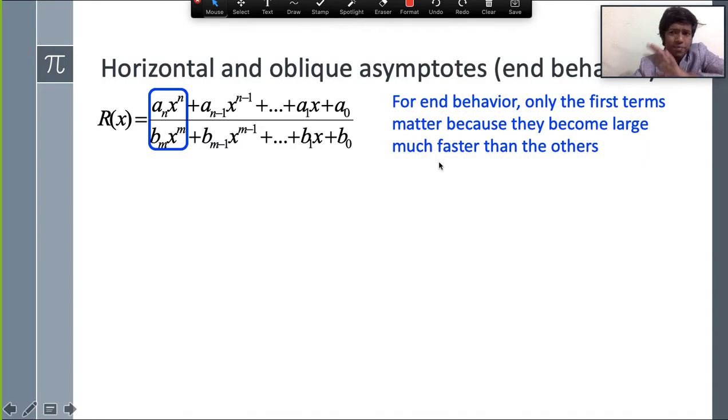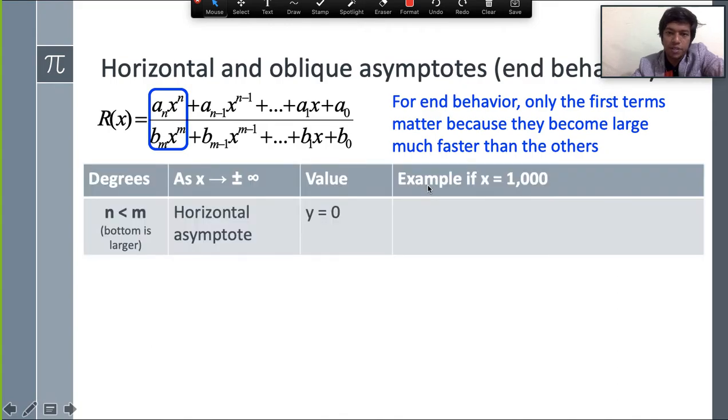But the good news is, don't get scared, for horizontal and oblique asymptotes you also have some easy methods and tricks. But you will have to do some work to find it out in some cases. So look at what happens. There are a couple of cases that can happen for horizontal and oblique. Case 1,